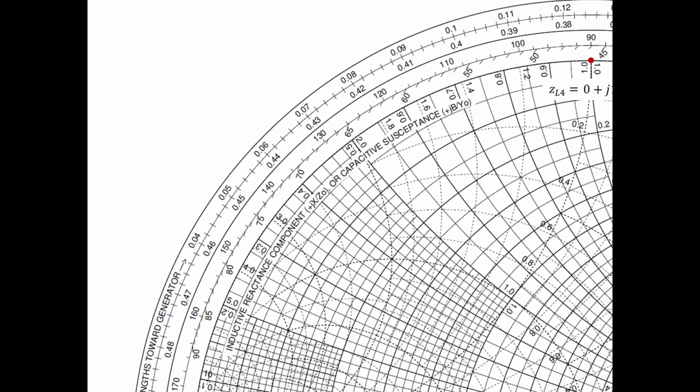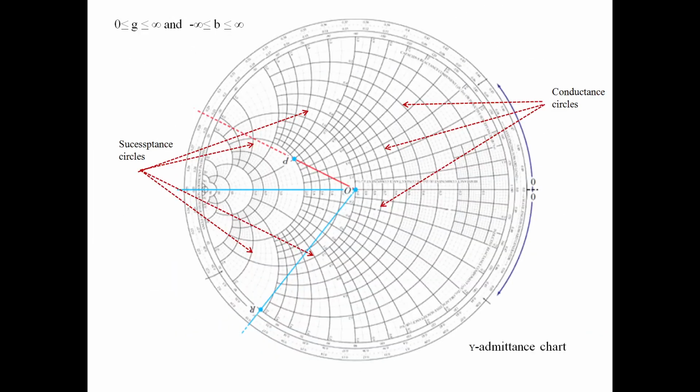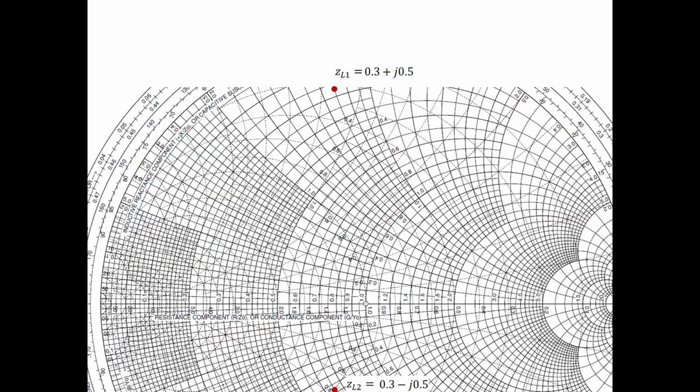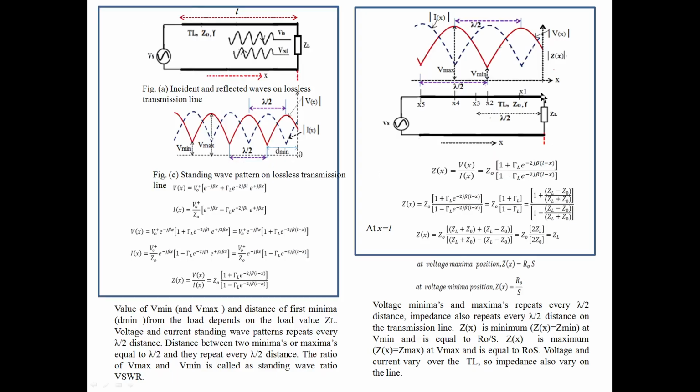As we discussed in earlier classes, as we move over a transmission line starting from the load point towards the generator, we come across impedance variation. Impedance takes some maximum value at a particular point, decreases, and may reach a minimum value, and it keeps varying like that, as we studied in the previous classes.